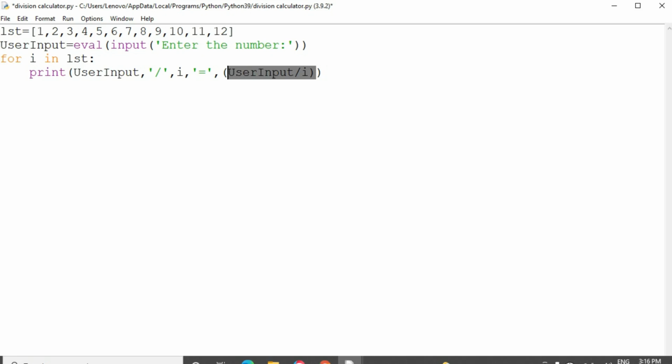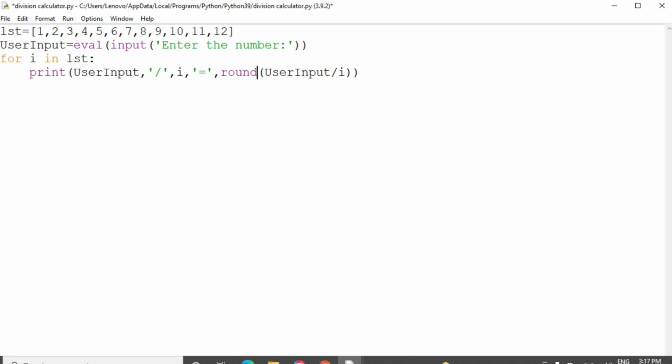But if we simply give code like this, it will display the results in fraction format also. So 5 divided by 1 equal to 5, and 5 divided by 2 equal to 2.5, but usually the multiplication table does not include fraction values.